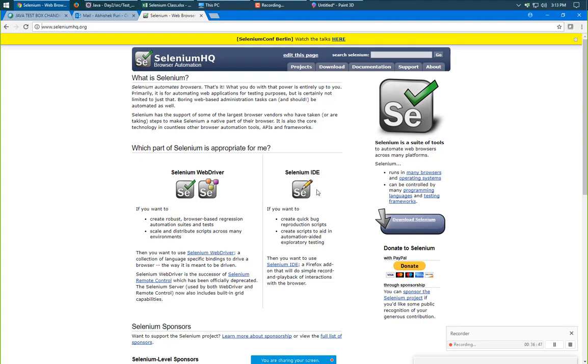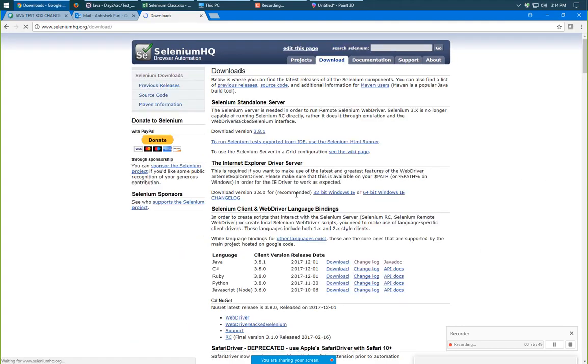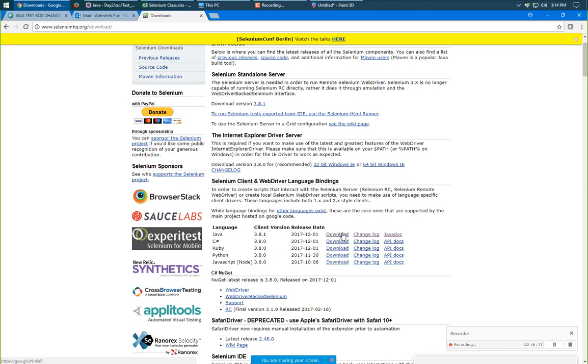Now, going back to Selenium. Yesterday we downloaded the drivers and the jar files from here. So you have already downloaded those? No, I was going to follow the video when it came. That's why I couldn't. But I have a version of 3.6 or 3.7. It is almost the same. No need to download these again if you already have that version.